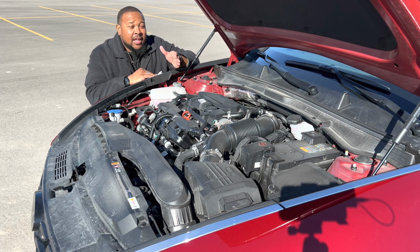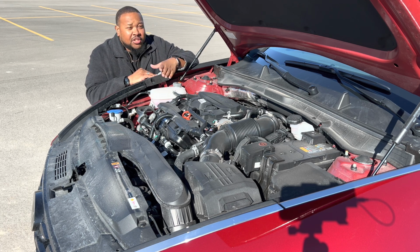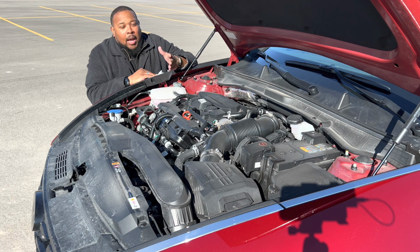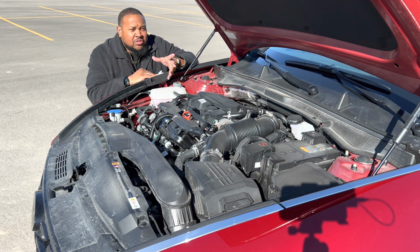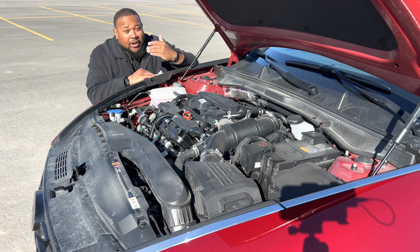Now, the N-Line gets an 8-speed dual clutch, a wet dual clutch. I don't know what that is. I mean, I know what dual clutch is, but a wet dual clutch? I thought all transmissions use some sort of lubricant. I don't know, but I would love to get my hands on an N-Line, because the more I read about it, I'm like, wow, this thing is probably pretty quick and pretty nimble. All right, so